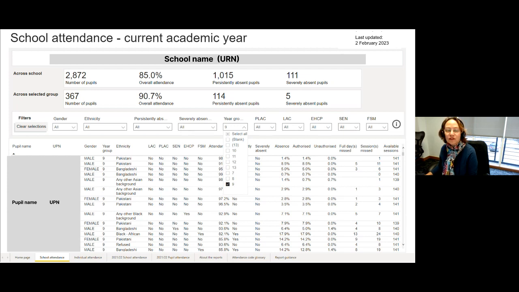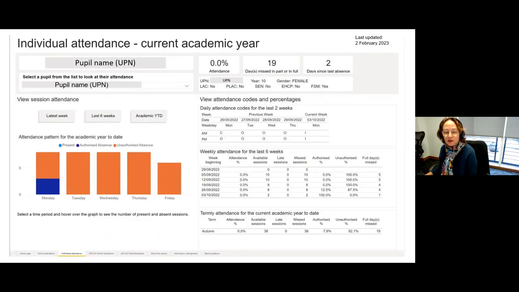On this slide, if you look at those top two rows of numbers, you'll see that the second row has now changed. And that's because what we've done here is filter, if you look at the year group filter, we're now looking at just pupils in year 9. So what the school can do is filter by any of those filters or any combination of those filters to hone in on particular groups of pupils they're wanting to look at the absence for. And they can look at that as frequently as they like. Next slide, please.